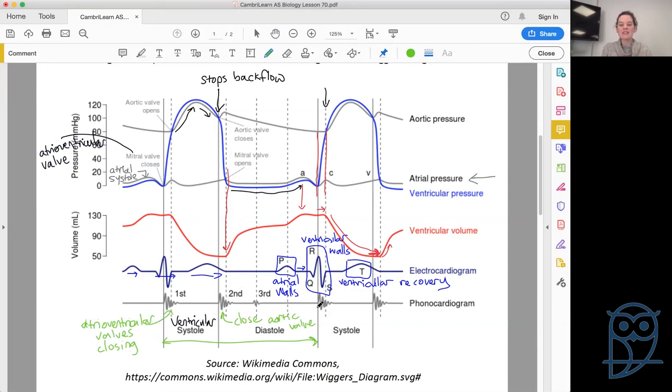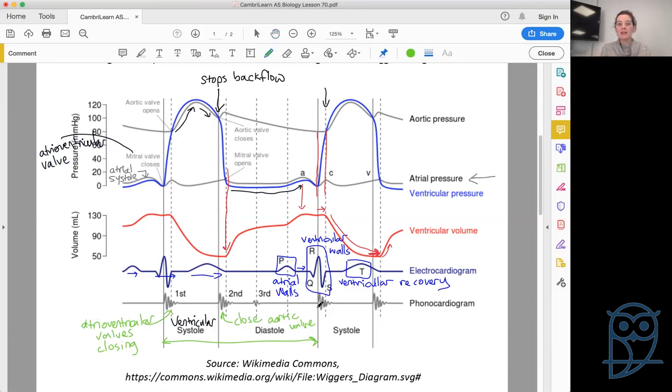So we've got everything here from our electrical impulse in our electrocardiogram through an understanding of how the pressures interrelate to each other, how that links to volume, and what sounds it makes. So that's why these diagrams are so wonderful, actually, in a way. Yes, they might look like a lot of lines and a lot of things going on, but they enable you to get an idea of a simultaneous understanding of all the different pieces that are involved in the cardiac cycle,